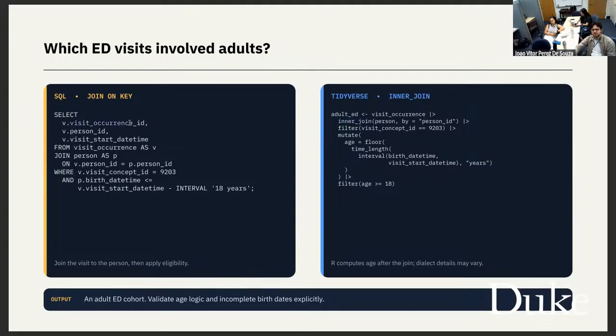You select your columns from the table that you want to look at. Then you join to the table for the person information. And here is the column that you're going to merge on, the key. And then you have all the filters you had before, with the difference that you want to have